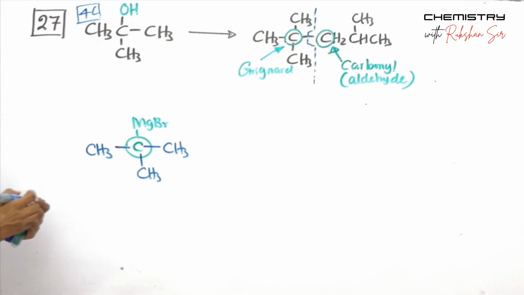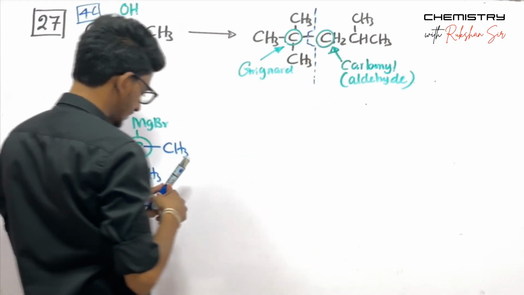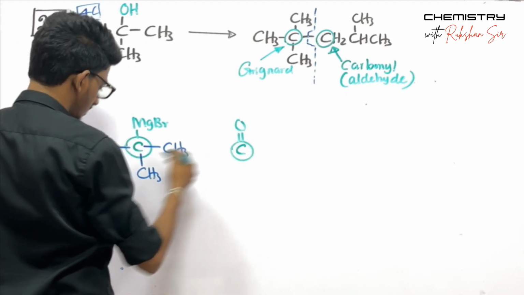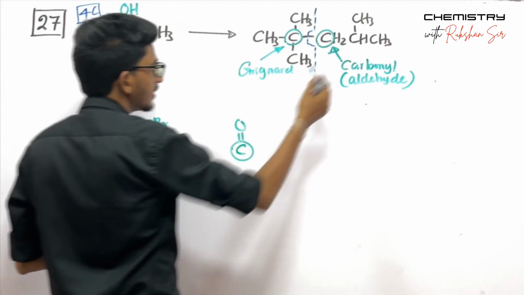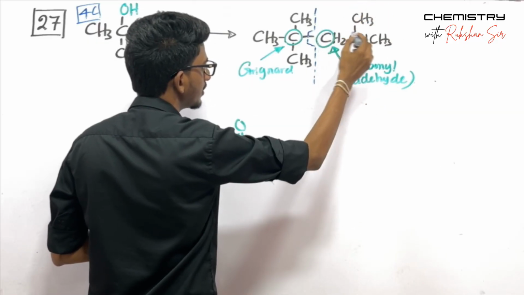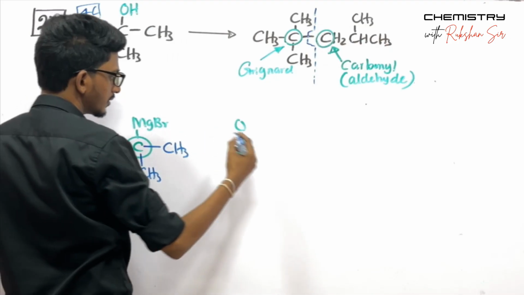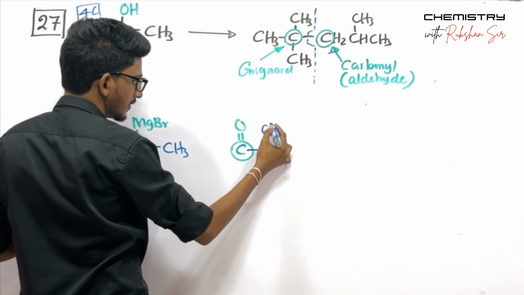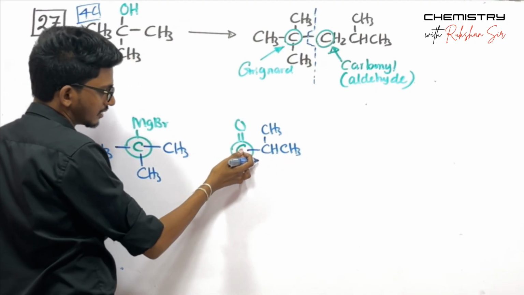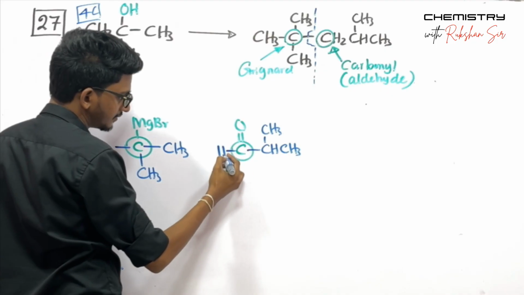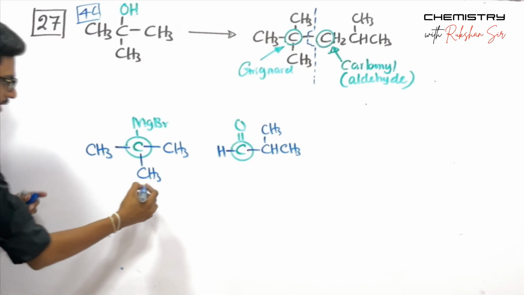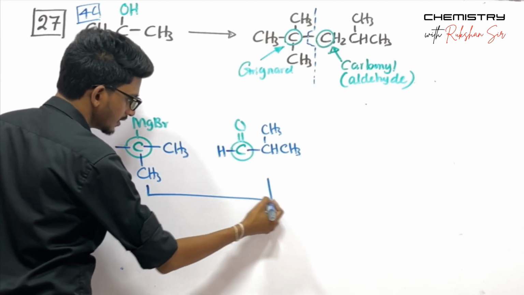So we need to set up this carbonyl compound. So this is the carbon. Only one R group is there in this carbonyl compound, this R group, CH3. Lack of 4 bonds with this one, so 1 hydrogen is needed. That's the aldehyde. So if you connect these two guys, definitely you will get the